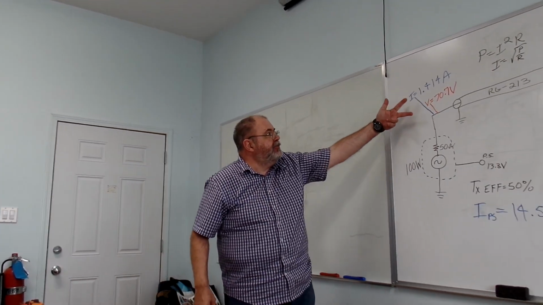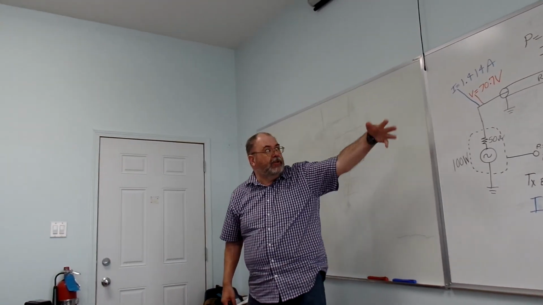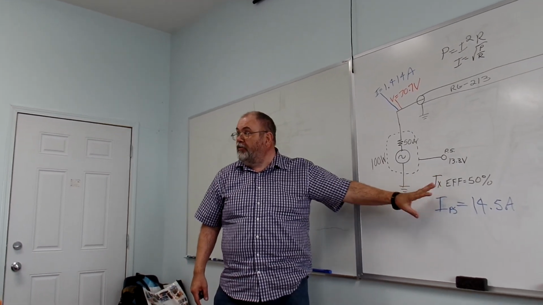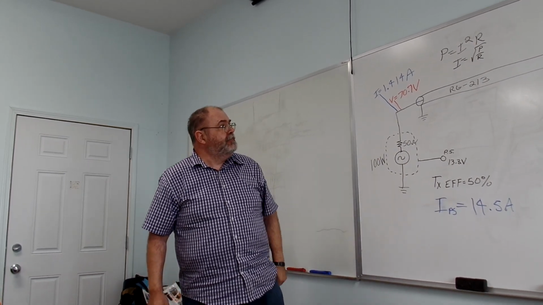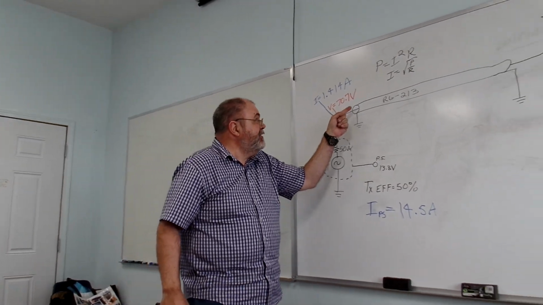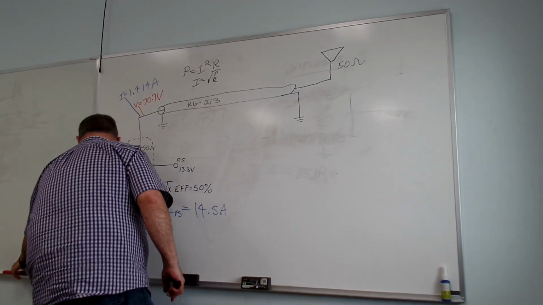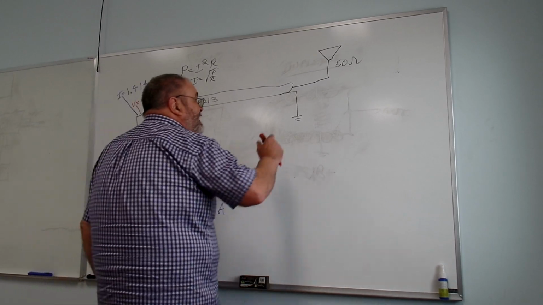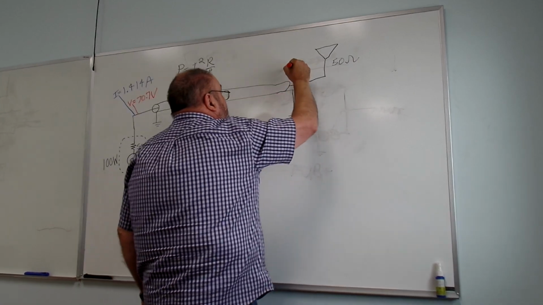But if you multiply those two numbers together, you come back with 100 watts, which is what we're putting into the wire. So we're pulling 200 watts from our power supply to do it, but we're interested in what's on the wire, not down here anymore. That goes across a voltage of 70.7 volts, right? So over here, assuming we have no loss in our feed line,